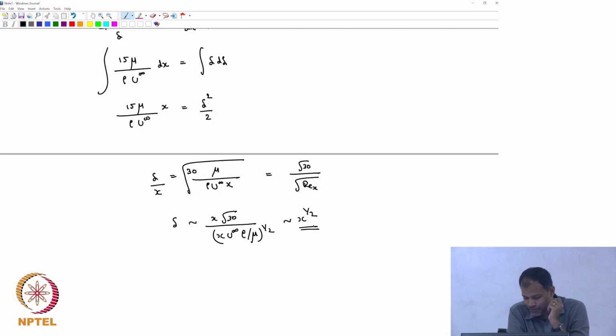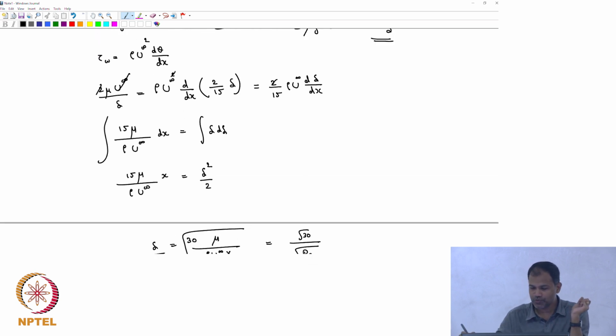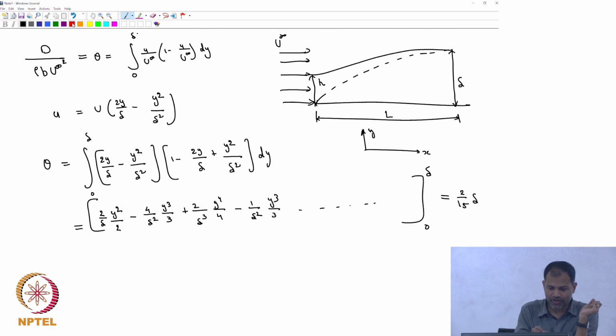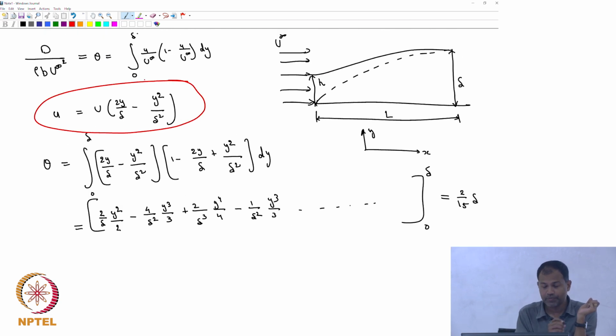Yeah, so the other thing is that, actually, as the Reynolds number increases, the boundary layer thickness should go down. Okay, so it has to be a 1 by relation. That also tells us, okay, the Reynolds number increases, the thickness goes down. So that means, see, what we assumed was this for the laminar velocity profile. If you could write down an expression for the turbulent velocity profile, then you would be able to see how it actually changes in a turbulent boundary layer as well.